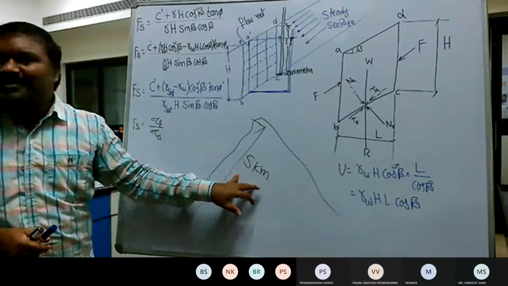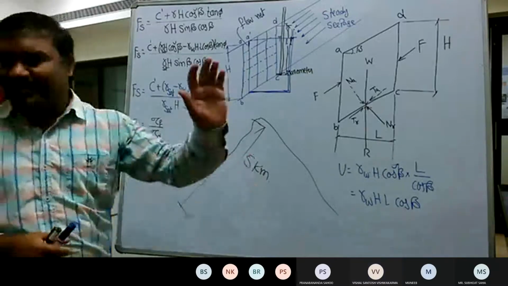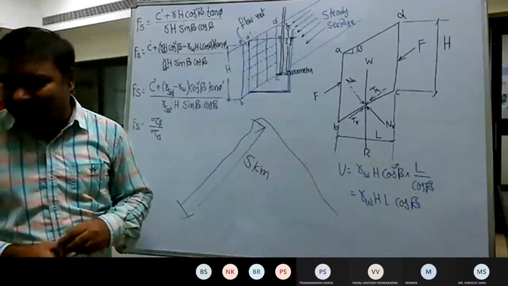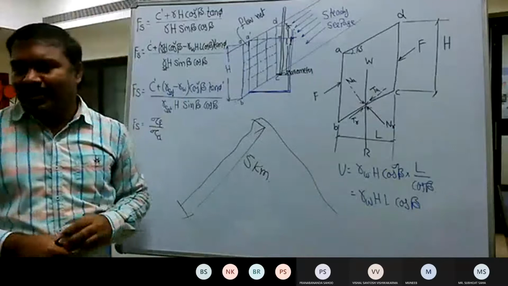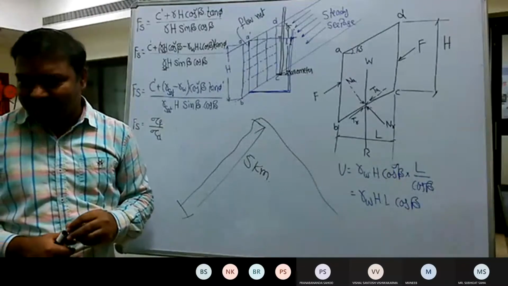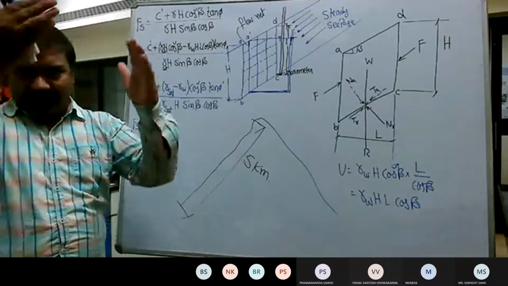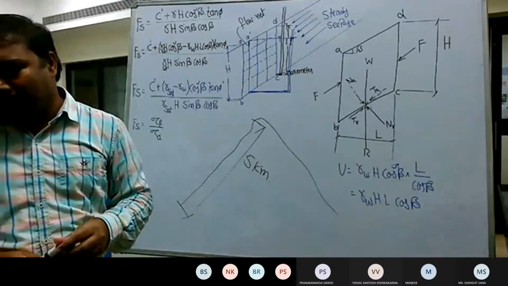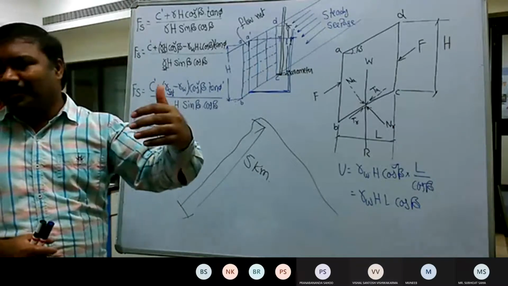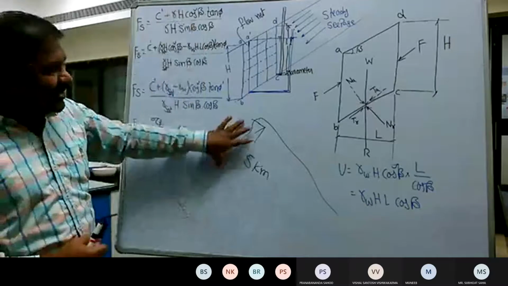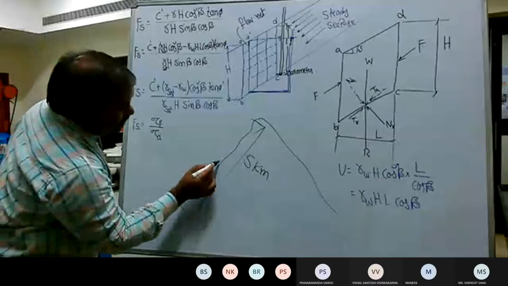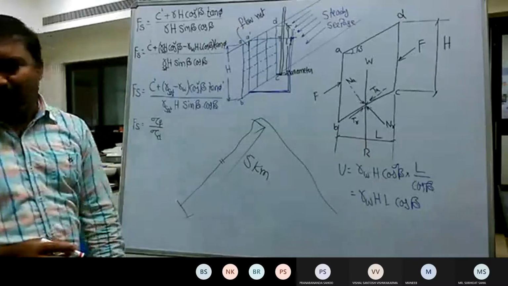Somewhere it is 100 meters, somewhere it is 200 meters. If you go to the Himalayas, it is hundreds of meters. Or if you look at the Borneo hill, it is a couple of hundreds of meters, na? For each and every hill, we cannot simply go and measure the total sloping face length. That is practically impossible. So what we have done, we have taken a small finite width or finite length.